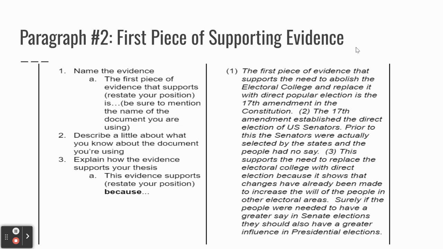So I've demonstrated I know a little bit about the 17th Amendment. The last task I need is to connect this evidence with my thesis, which is that we need to abolish the Electoral College. This supports the need to replace the Electoral College with direct election because it shows that changes have already been made to increase the will of the people in other electoral areas. Surely, if the people were needed to have a greater say in Senate elections, they should also have a greater